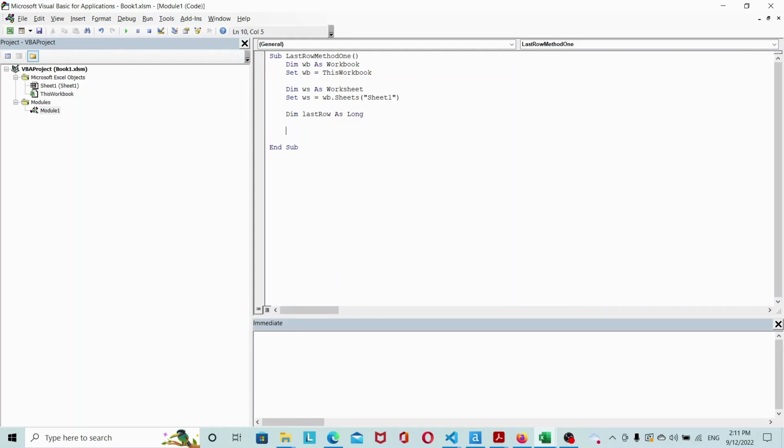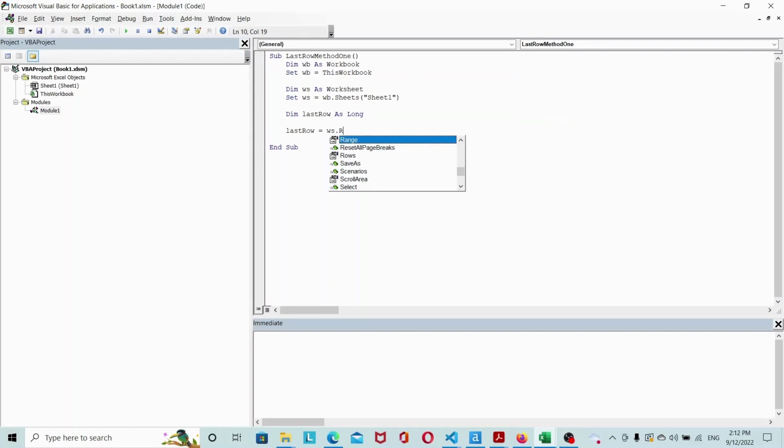Okay, so the basic method to get the last row is actually to simulate Excel going from the bottom up, like a Control Up to the last used row, and then return that value. So how we do that is by saying, so my last row will be equal to, in this case,